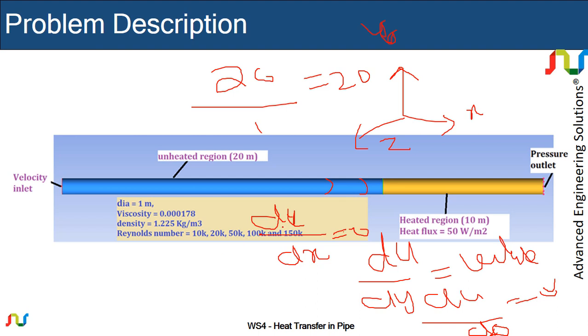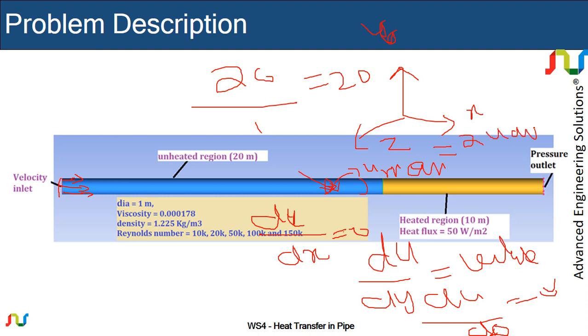At the exit of this unheated region, we should have a parabolic velocity profile like this. Initially the profile is uniform, and afterwards we will have a change in the profile. On the wall of the pipe, velocity is almost 0, and in the center the velocity is what we call u maximum, and this should be equal to twice the u average.